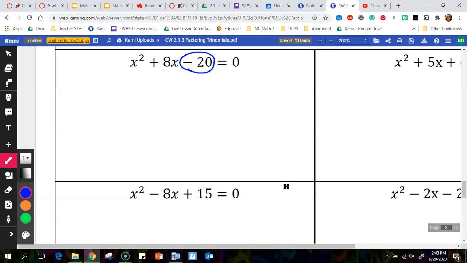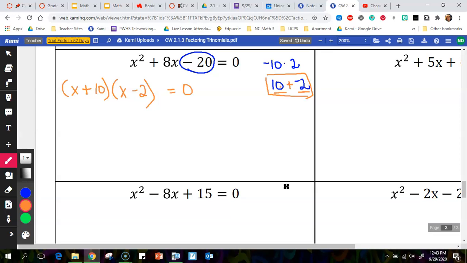So let's think about factor pairs of -20. I'm thinking 10 and 2. Okay, so -10 times +2 or +10 times -2. So which one works to give me a +8 when I add them together? Well, that would be this one right here. So I'm going to factor the left side. Okay, so I took the +10 right here and the -2, and that's where I got that,